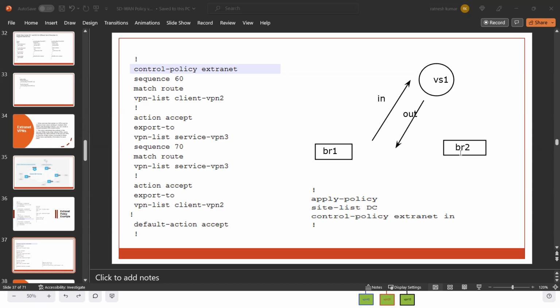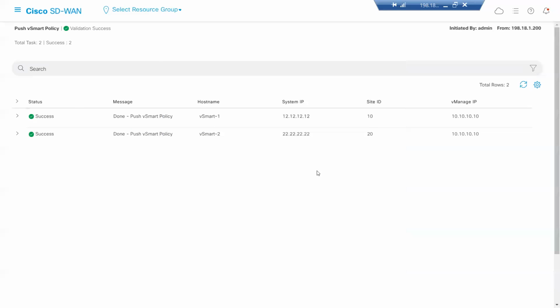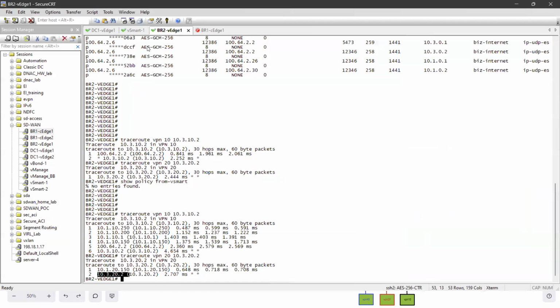You will see that extranet is the only kind of policy, or there are very few policy types, which we apply towards the vSmart. You can see the direction is in. Rest of everything will be as it is, according to what we want to achieve. Since this is extranet policy, route leak policy, we're applying it towards the vSmart. Let's do this. Now, before going anywhere, can I verify this here